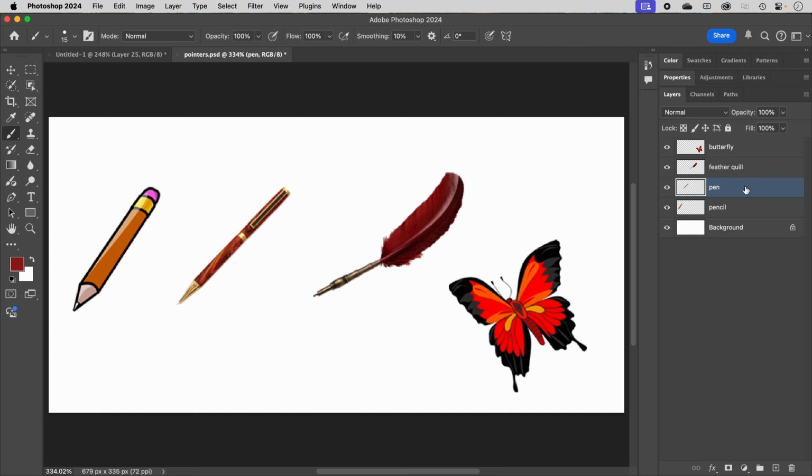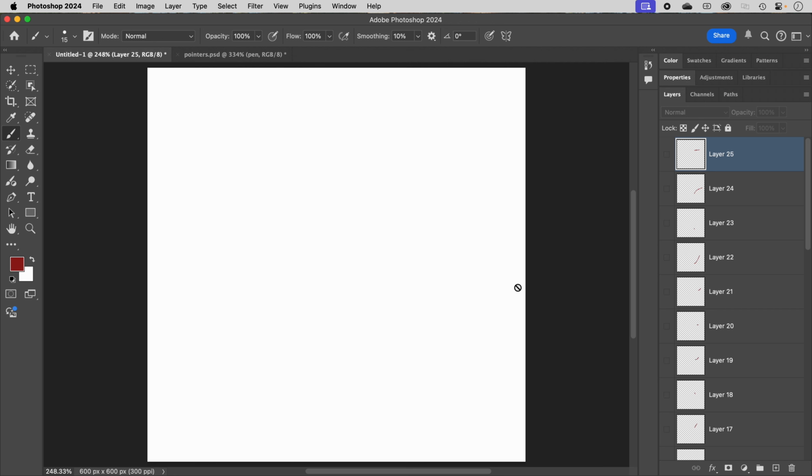So I'll just click on that layer, press Command C to copy it, and then change over to what looks like a blank document. And then we'll just paste that in. All right, great. So now that's in place, and we need to change a few things to make this a